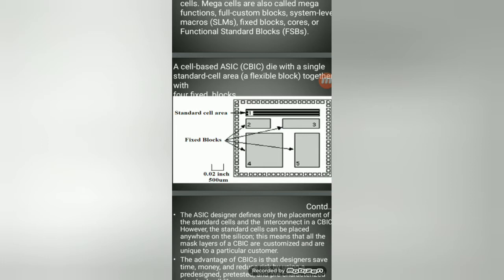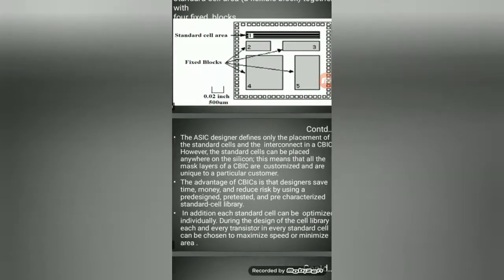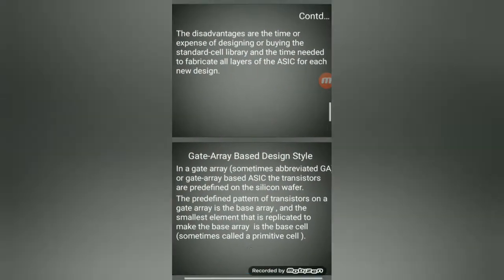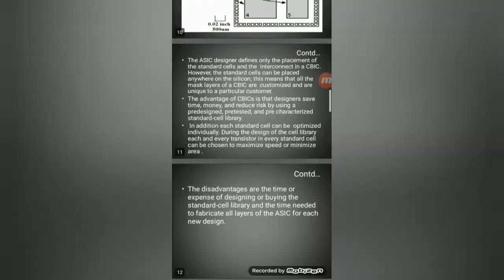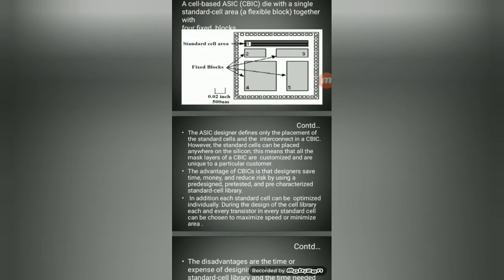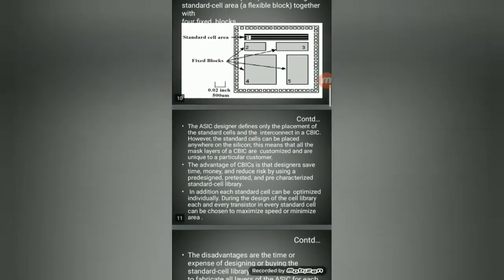Here we have logical block 1, logical block 2, logical block 3, like that. It may be control signals or a control unit, timer, memory, registers, all those can be fixed blocks. All these blocks can be interconnected through channels, which is the routing interconnection of all logical blocks. Based on this routing, it divides into two parts: channeled and channel-less standard cell, channeled gate array and channel-less gate array. These are the two standard cell types available.